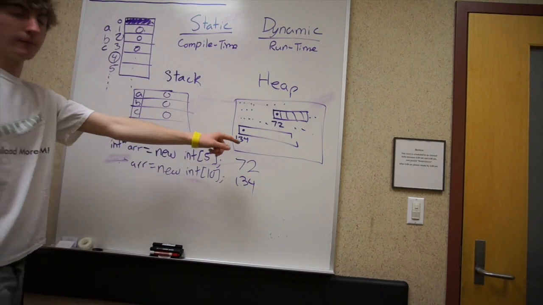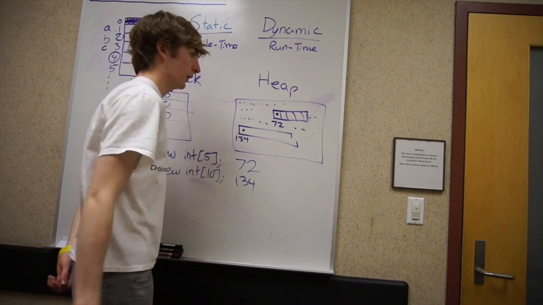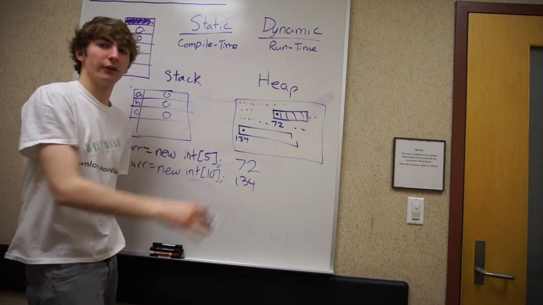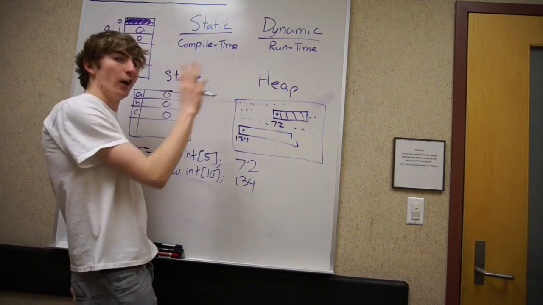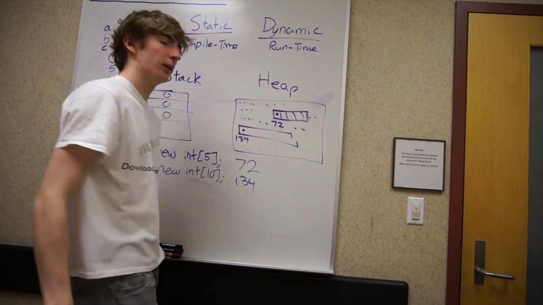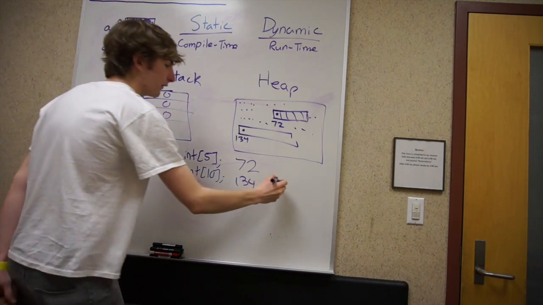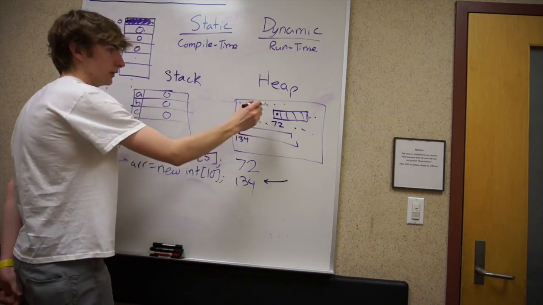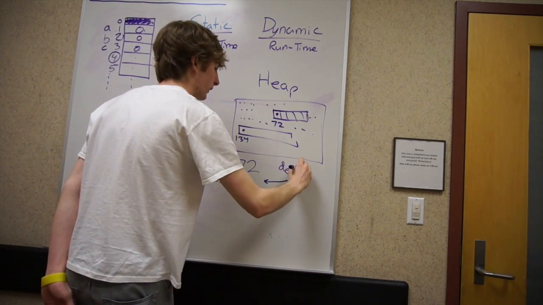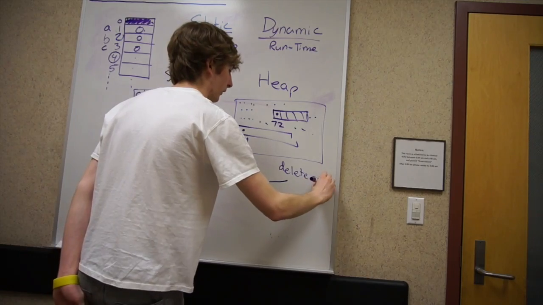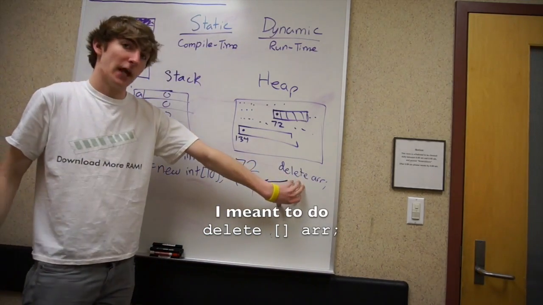Now we have a problem, because these 5 integers here are still floating here. The computer doesn't know what to do with these. You didn't tell the computer to get rid of these. So it's just like, I'll hold on to these. It's cool. I got this. So before you do this, you have to tell the computer to deallocate or free this memory. That's why you have to do delete array at the end of everything. And this is only for dynamic memory, not for static memory.